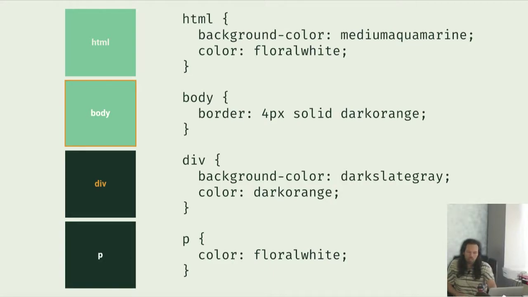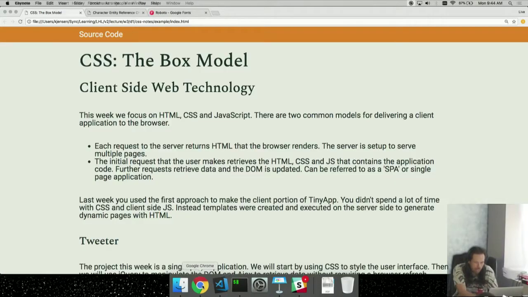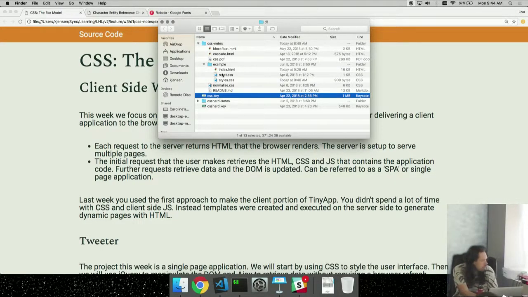But we apply maybe a different background color to a div, and a different color. That will take those effects. It'll override the styles that we're cascading from the HTML. And then we say, well, a paragraph inside that div has a different color, but not a different background color. It'll still inherit that background color from its parent div. So there's an example that I have here under